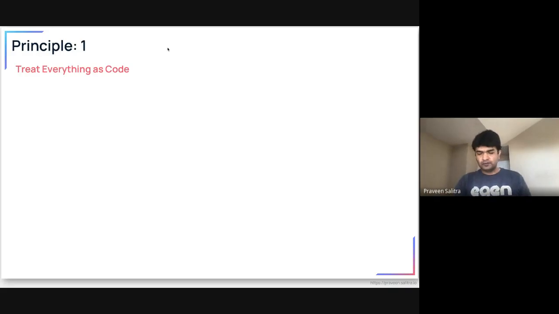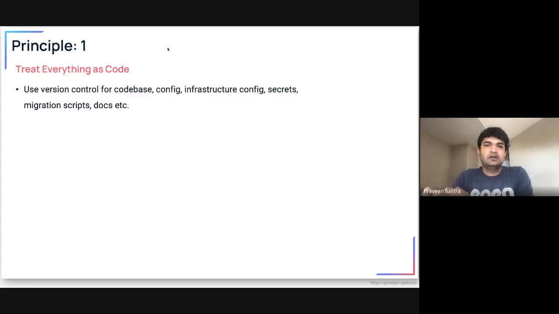Treat everything as code. Now you will be like, well, Praveen, we already write our code and put it into version control, like maybe GitHub or Bitbucket or GitLab or things like that. So what is new here? That's true. If you're already putting your code into version control, perfect. But we have seen a tendency where the code base will go into version control, but the infrastructure config, any other kind of configs, secrets, meaning passwords and things like that, migration scripts, other scripts to handle your servers, were not put into version control for a long time. So this is a new pattern, which is called infrastructure as code, and I call it treat everything as code at this point at least.